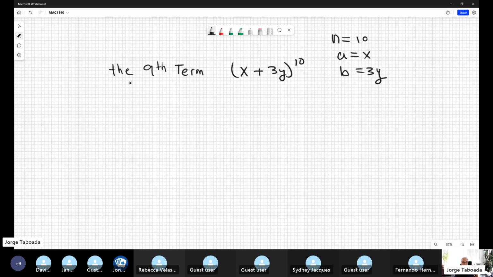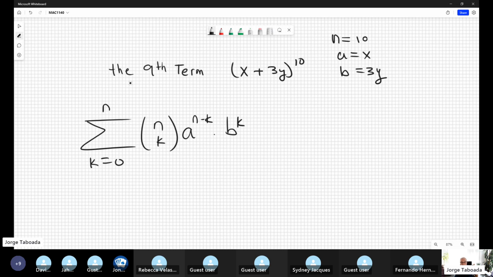Newton formula. Summation from k equal 0 to n. K is the index variable of the summation: 0, 1, 2, 3, 4, 5. N is the upper limit, the upper bound. And this is combinatory number n k, a to the n minus k times b to the k. In our specific example,